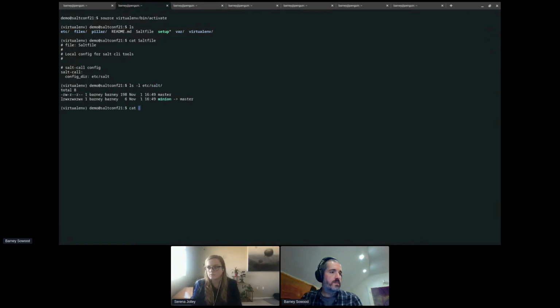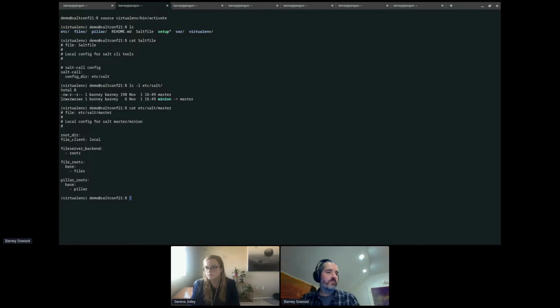So we have a local etc salt, and then we have a really simple config file. We use this both the same for master and minion. What that does is set the root directory to the current directory, and set file client local.